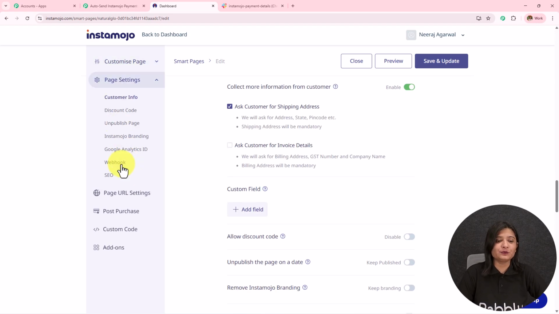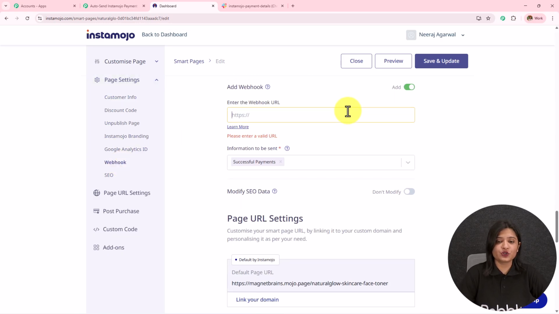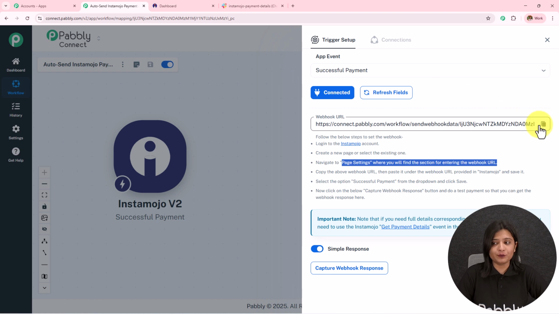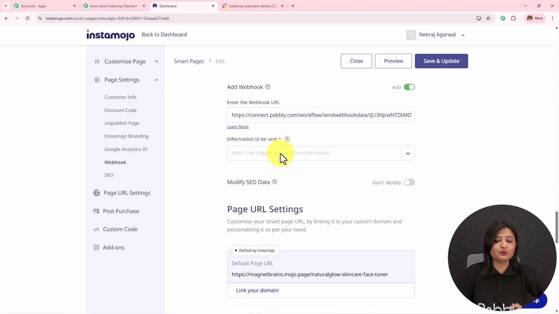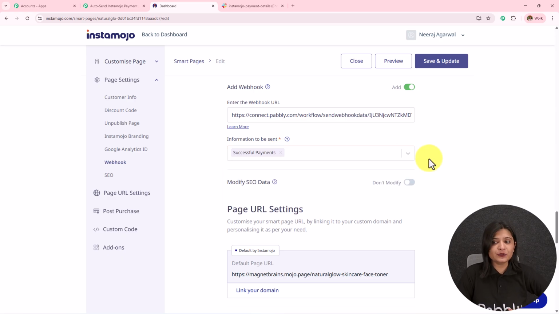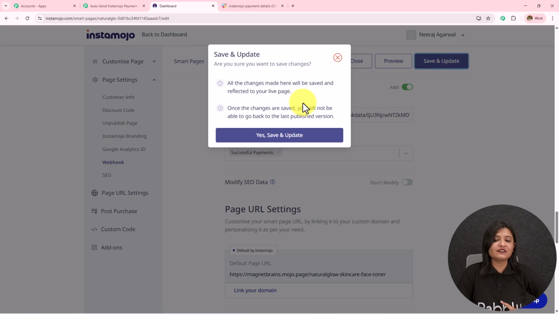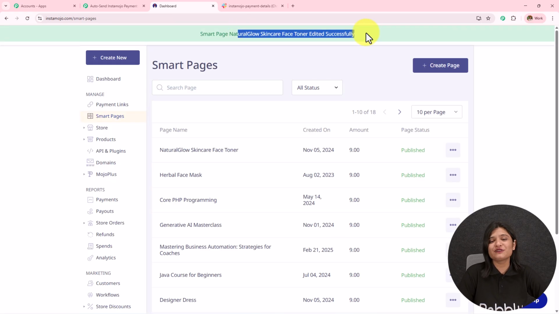So I'm going to open this and then go towards the webhooks. Now I'm going to remove this webhook URL, go back towards my workflow, copy this webhook URL, paste it over here, and then in this information to be sent, I'm going to select Successful payment. After doing this much, I simply need to click on the save and update. Yes, save and update. And in this manner, I've successfully added the webhook URL from my Pabbly Connect workflow to